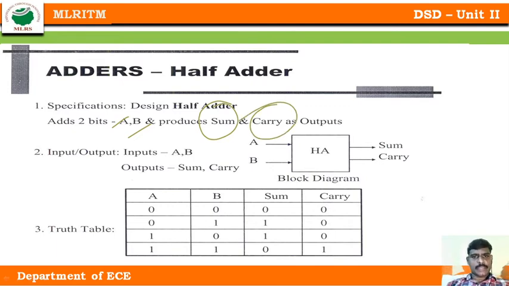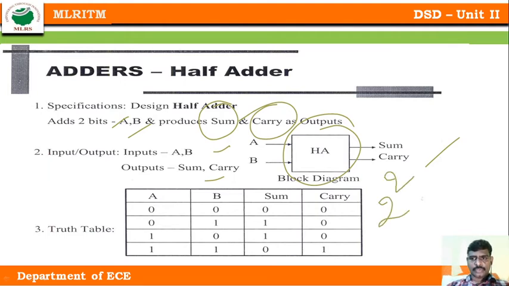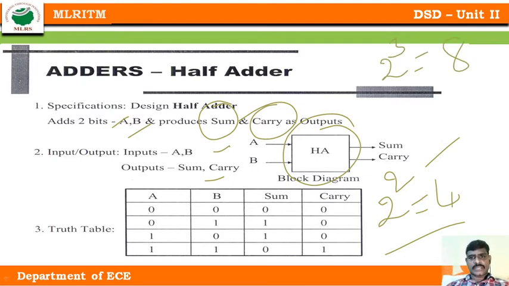So inputs A, B and outputs sum and carry. I have drawn the combinational circuit I need to design. So this is my problem statement, and I define my inputs and outputs. Then step 2, draw the truth table, because the number of combinations depends upon the number of input variables. Here there are 2 variables, 2 squared is 4. But in the previous condition there were 3 input variables, so 2 power 3, 8 combinations occurred.